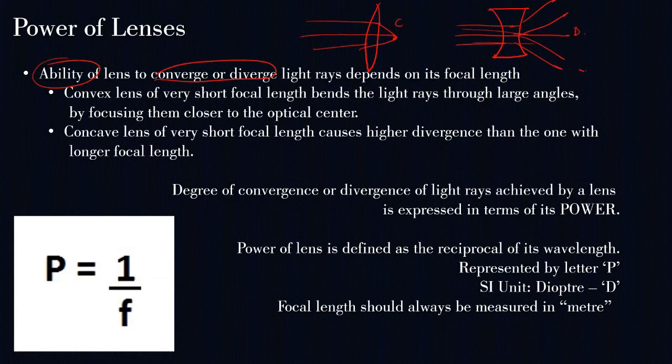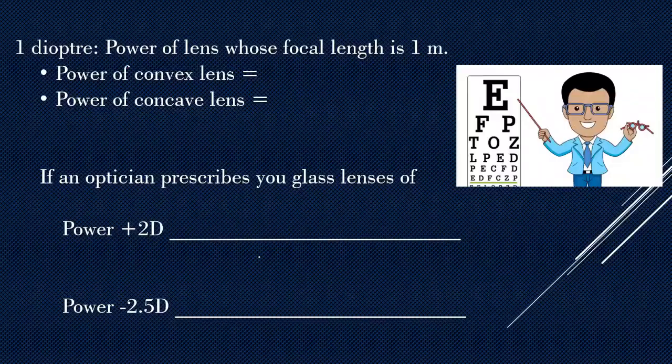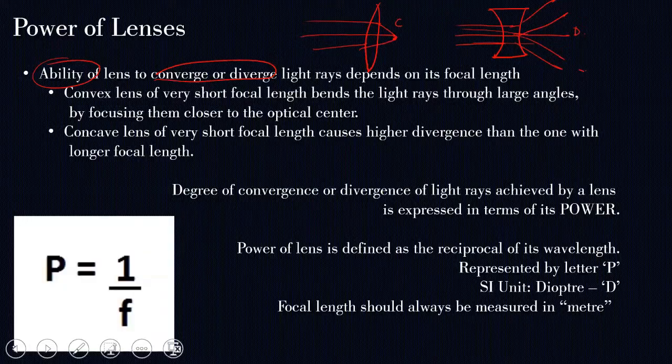So how much convergence, the ability to converge, will depend on the power of a lens, right? If the power is more, convergence will be more. If the power is less, convergence will be less. Let's see. It's the ability of a lens to converge or diverge the light rays depending on its focal length, right? So, for example, I'll show you over here,